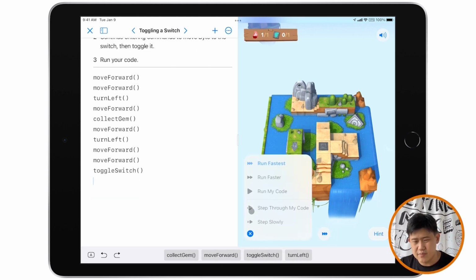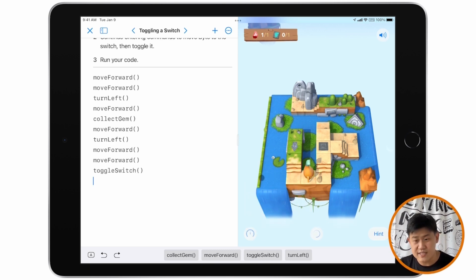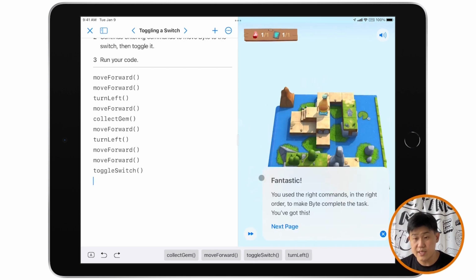And let's not make byte run fastest. Let's just do run faster. Forward, turn left, forward, collect, forward, toggle switch. Yay! So you might have noticed that